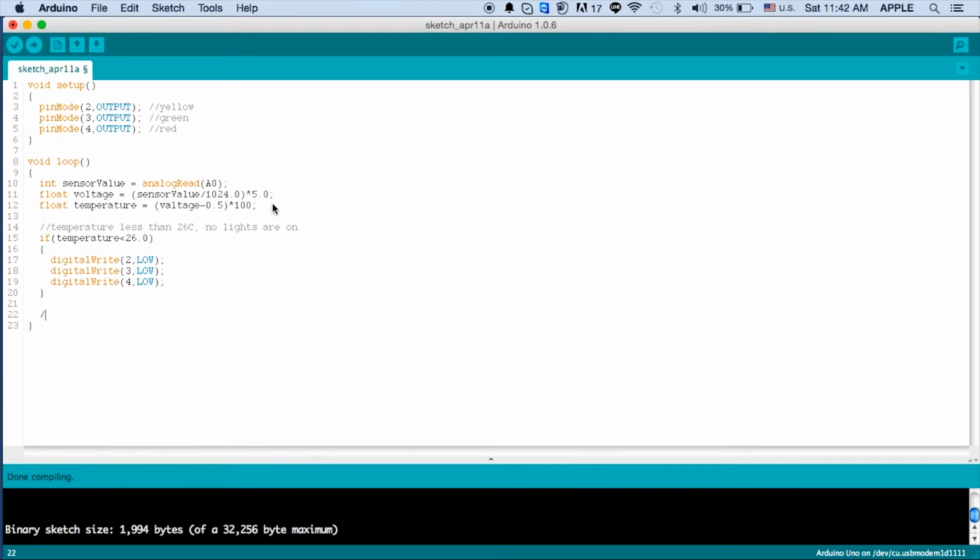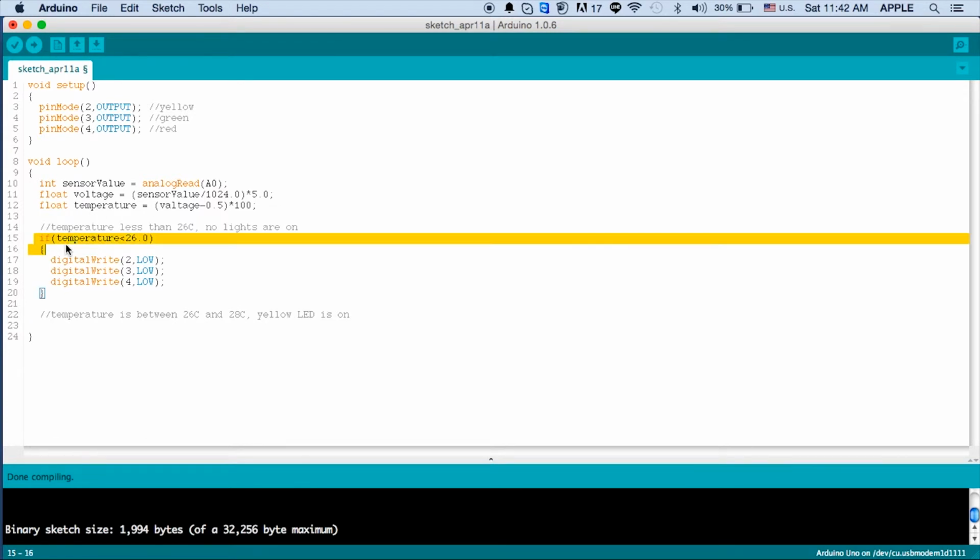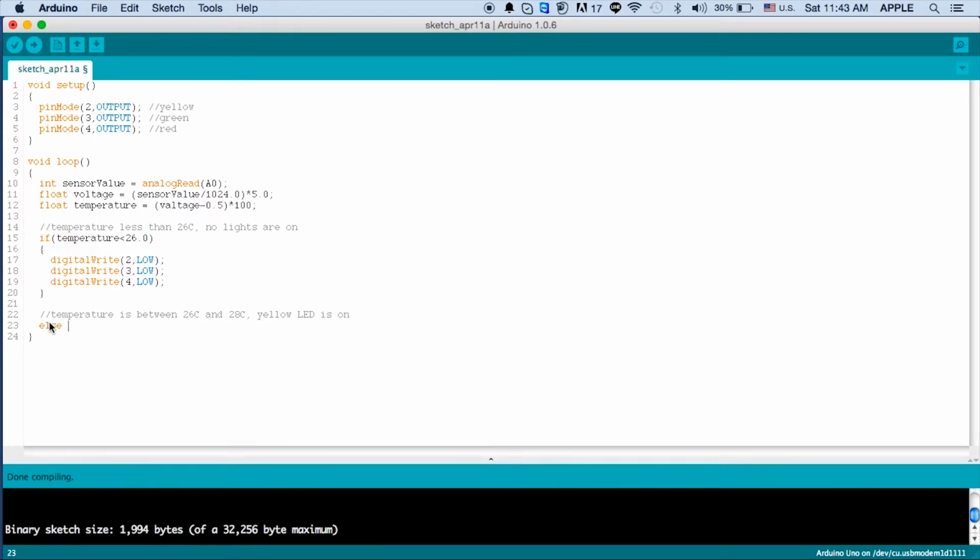Next, let's say the temperature is between 26 Celsius and 28 Celsius, the yellow LED is on. You see now we have an if up here. The next thing you do is put an else if. So if the first condition is not satisfied, it moves on to the next one. Same thing, you also have to put in a condition after else if. So in here you say temperature is greater than or equal to 26